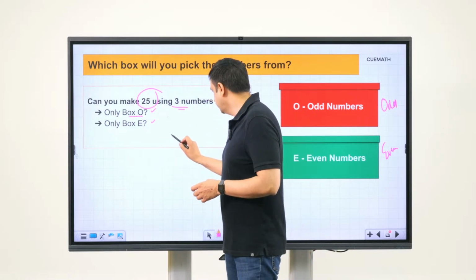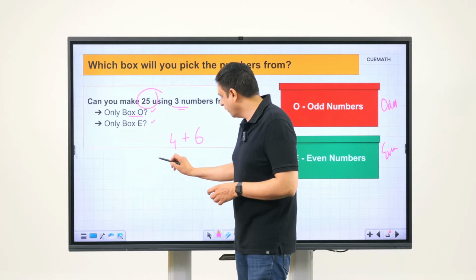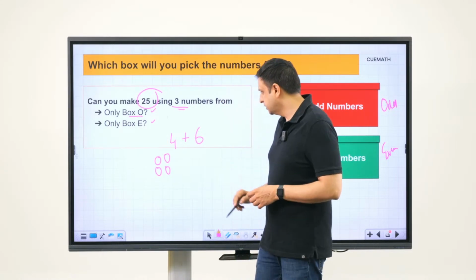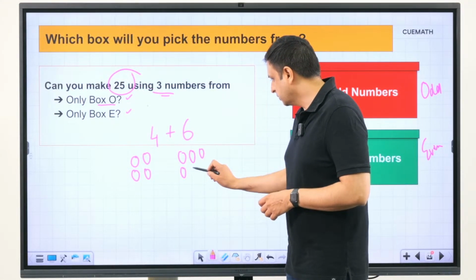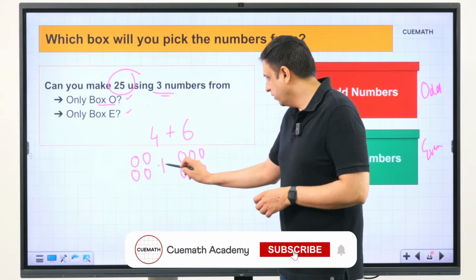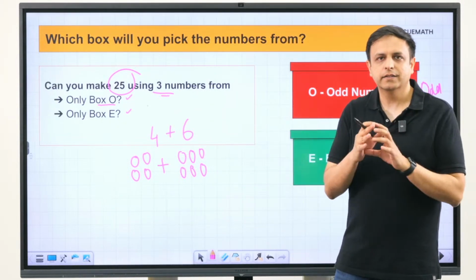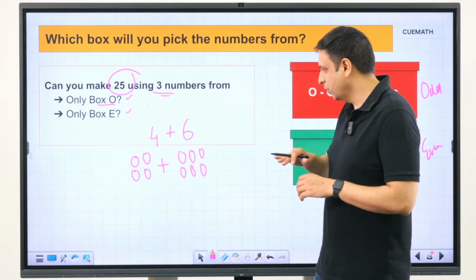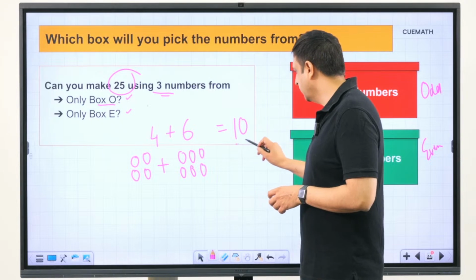So, let us say we think of adding 4 and 6. The visual model for 4 will be a balanced model like this. So, 2 circles in each row. The visual model for 6 will also be a balanced model. So, 3 circles in each row, and now if you put these 2 models together, you will once again get a balanced model. So, you will get 5 circles in one row, 5 circles in the next row. So, you will get a total of 10, which is again even.